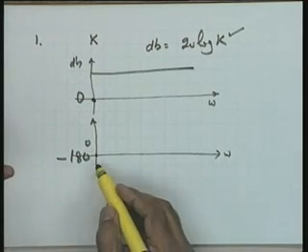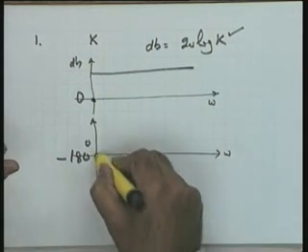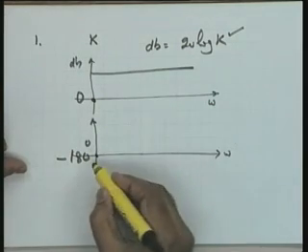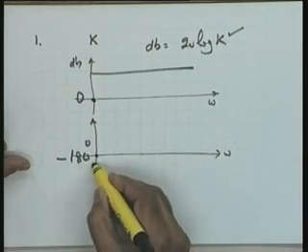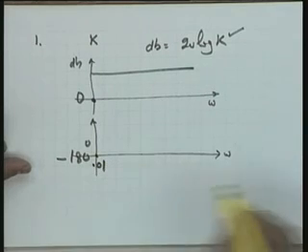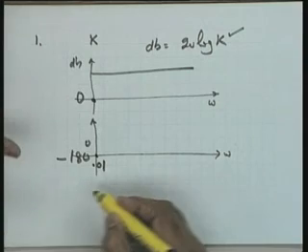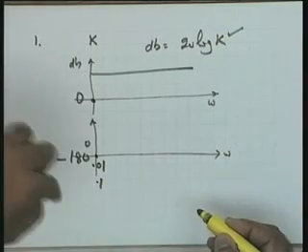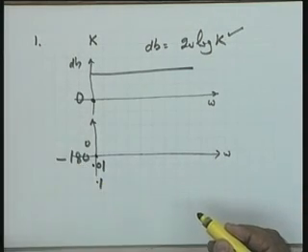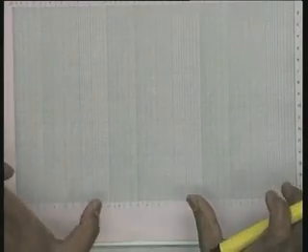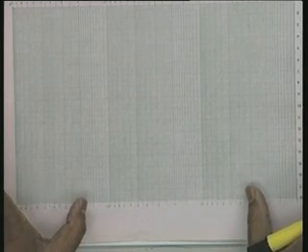So this point may please be noted, that at this particular point, when I take minus 180 degrees on the vertical axis, on the horizontal axis it could be, let us say for example 0.01, or if 0.01 is too low, in that case 0.1. Why do I say 0.01 is too low? The reason being, if you see this particular graph sheet, a typical graph sheet, you find that there are 3 decades available. I will define what is a decade, multiple of 10.